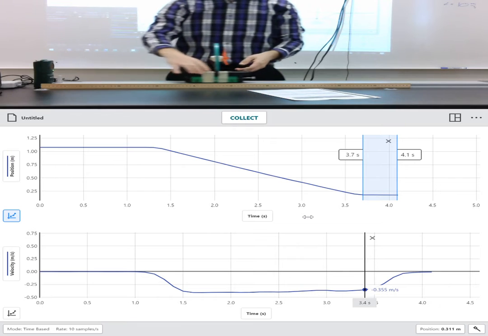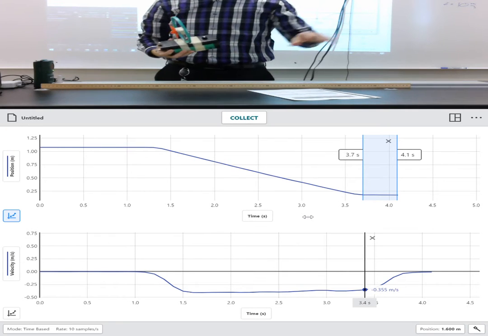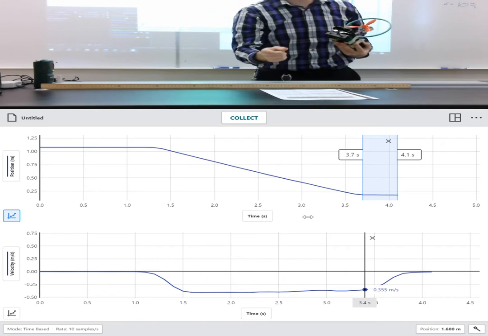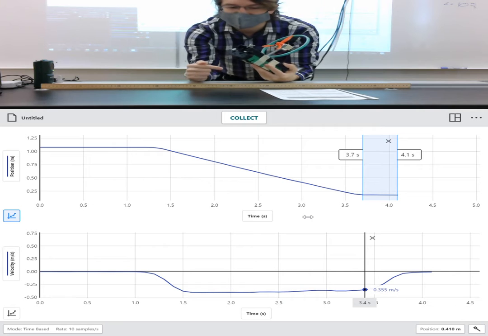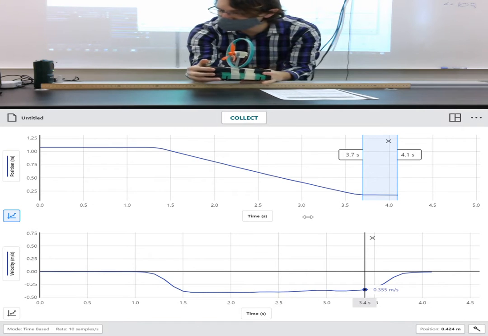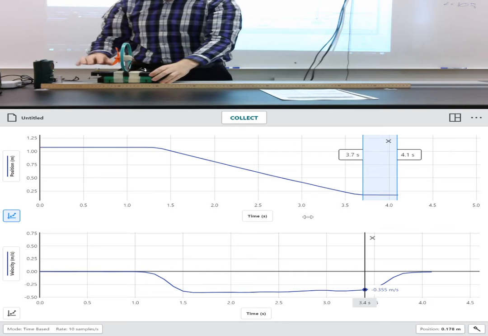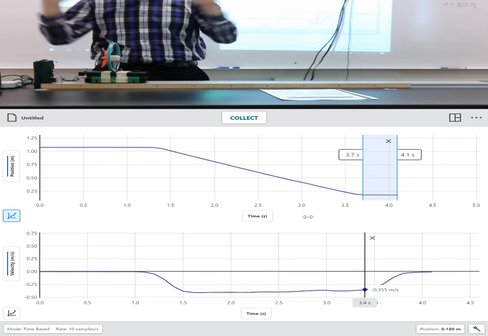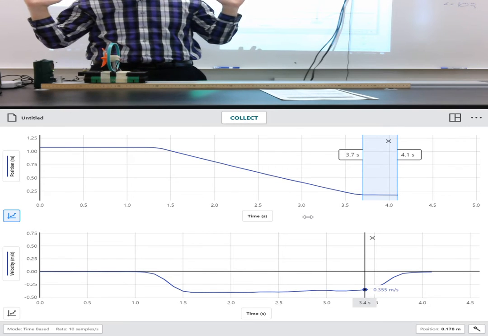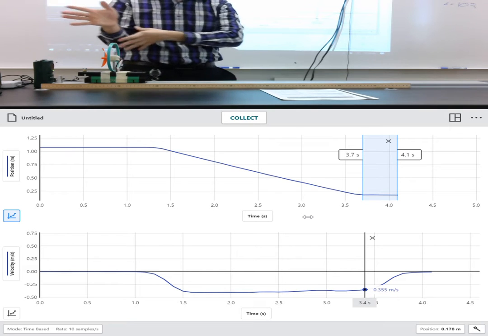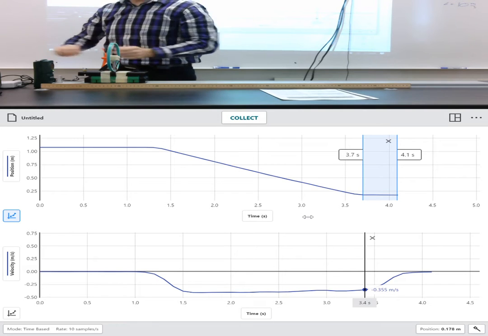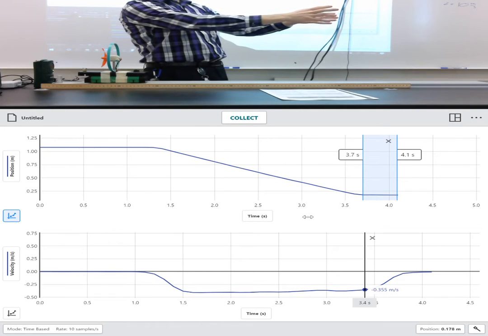Now what we're going to do is we're going to spice things up a bit. In demo 3, we're going to look at velocity graphs and something we haven't taken a look at yet, acceleration graphs. Now, what I'm going to do here is put this near the detector. I'm going to turn the fan on, so it's spinning up really fast. I'm going to let it get to the max fan speed, and then I'm going to let go of the cart. And the fan will push the cart this way. So the fan will have a constant force, a constant acceleration acting on the cart to push it along